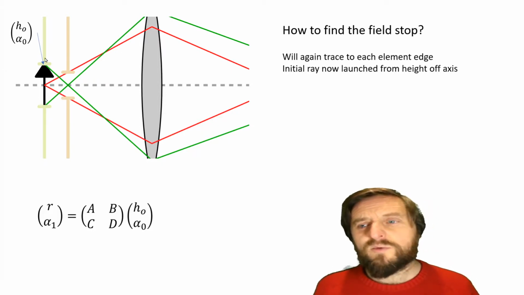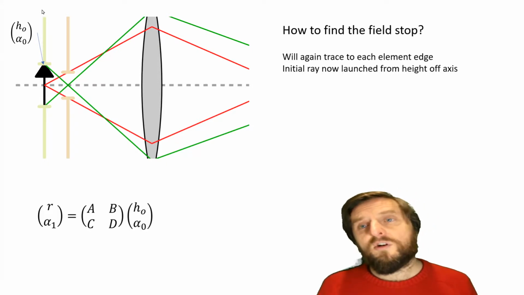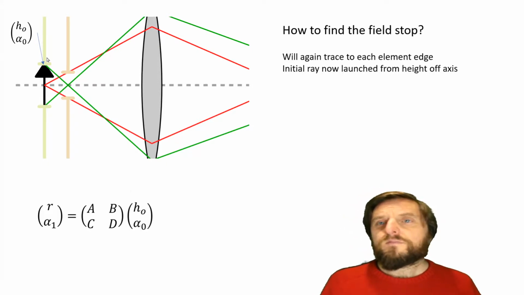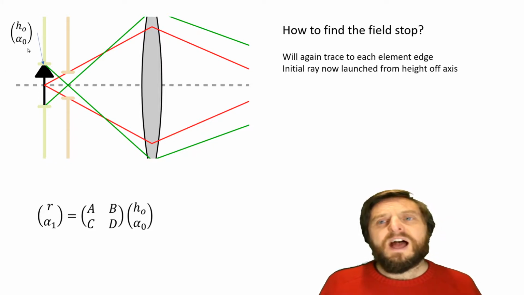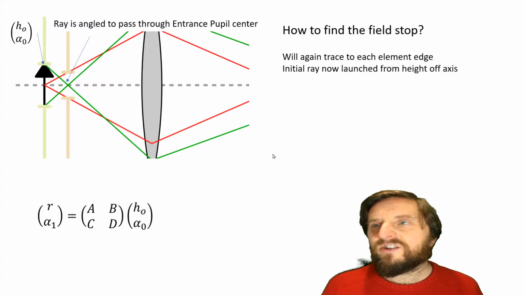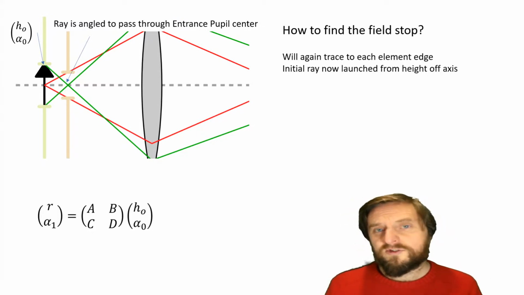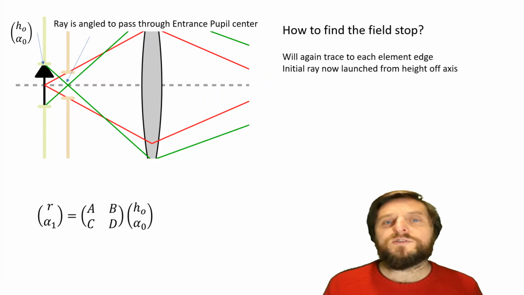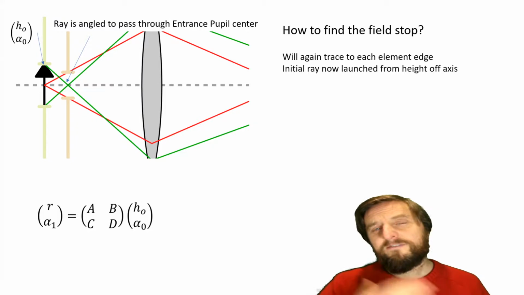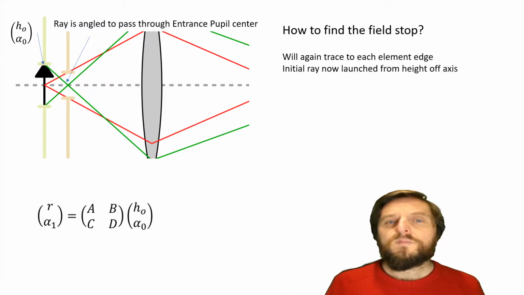So what we really want to know is how high up here can we get before the ray doesn't get through the system anymore. So we have a certain height and a certain angle. And the important thing for this angle is that the ray has to be angled to go through the entrance pupil. So we've already calculated the entrance pupil. Now we're calculating which ray off the axis gets through the entrance pupil, but also gets through all the rest